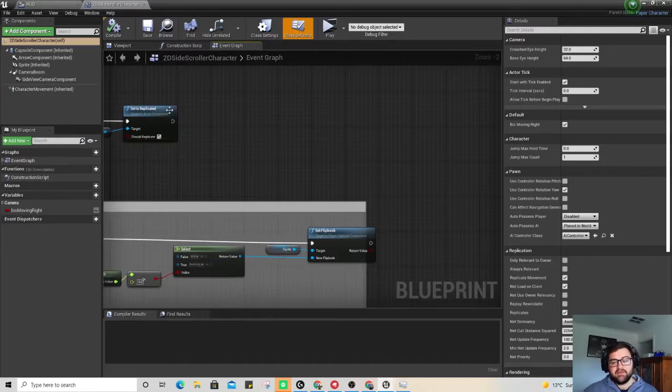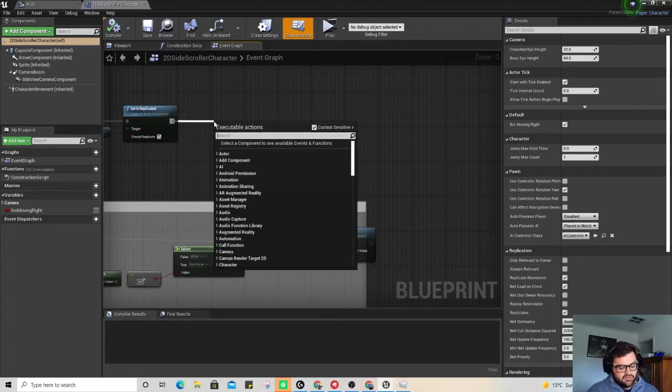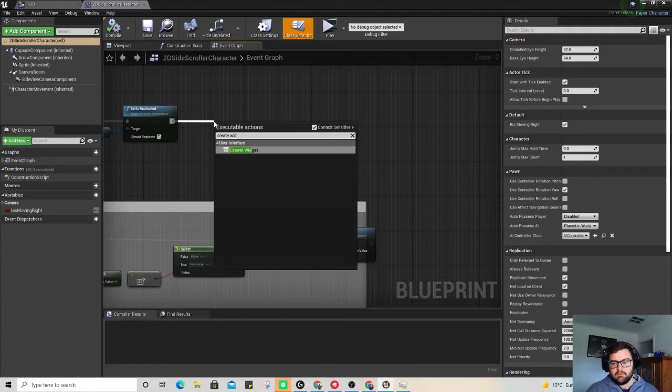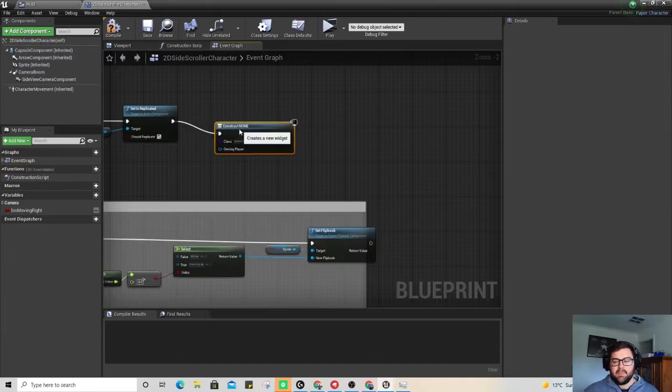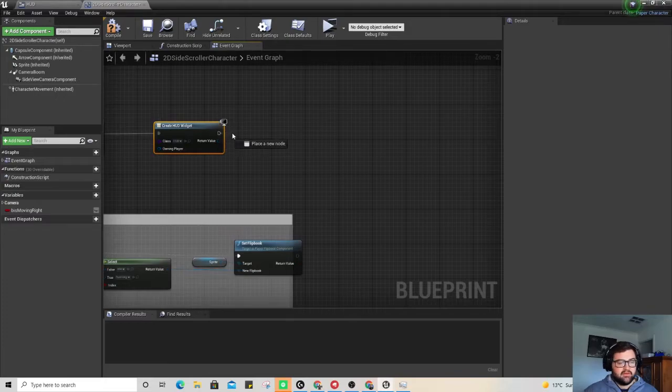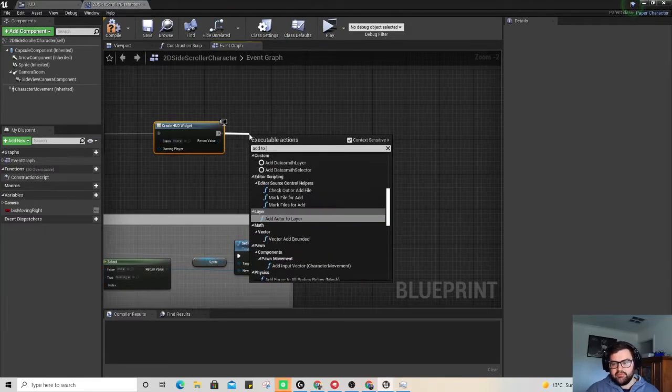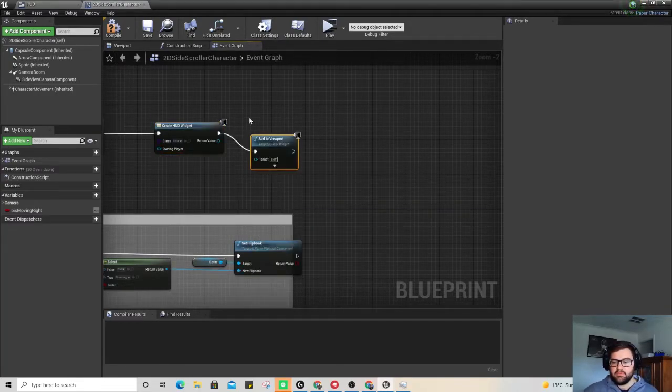And then we need to actually create a widget. Create widget. It's often important as well to make sure you name your widget appropriately, so you can say easily which one it is and you can't get that wrong. So got that there, and then the last thing we need to do is add to viewport. And we're going to add that to viewport. That way it should be opening up when the